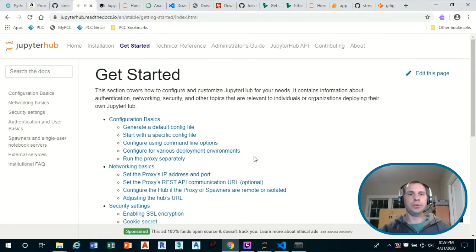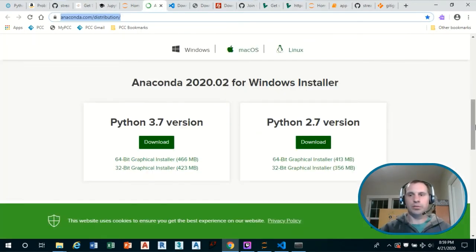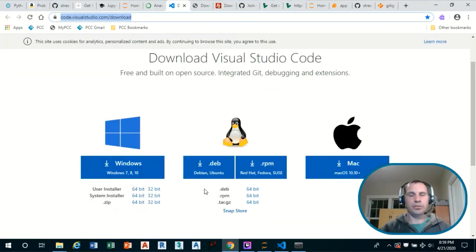Okay, so to get this process going, besides the Anaconda distribution of Python installed locally, and besides VS Code installed locally, what other tools and things are we going to need to do this JupyterHub deployment?